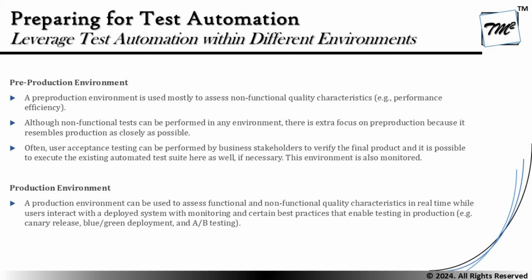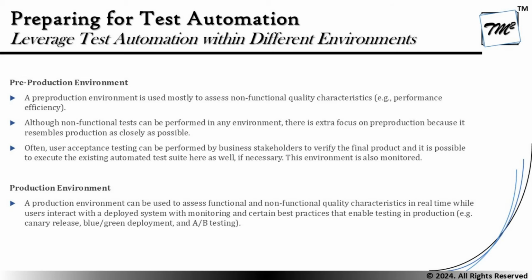So we do call it the pre-prod environment, which is certainly to perform the remaining tests, which we can easily correlate to acceptance, that is UAT. So a pre-production environment is used mostly to assess non-functional quality characteristics. Although non-functional tests can be performed in any environment, there is extra focus on pre-production because it resembles production as closely as possible. Often user acceptance tests can be performed by the business stakeholder to verify the final product, and